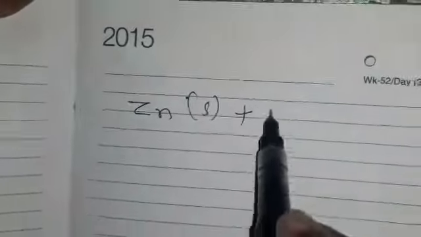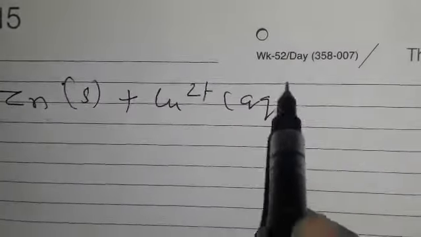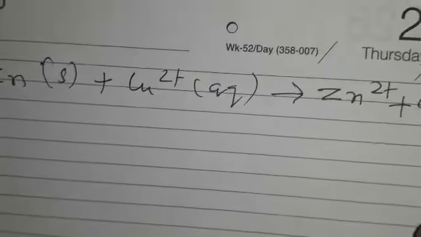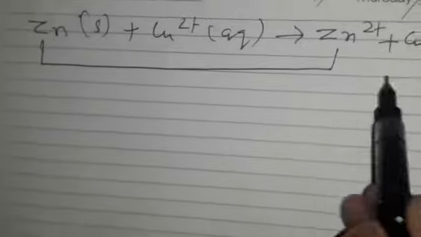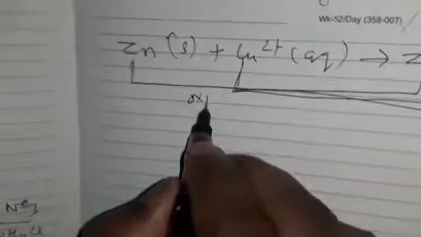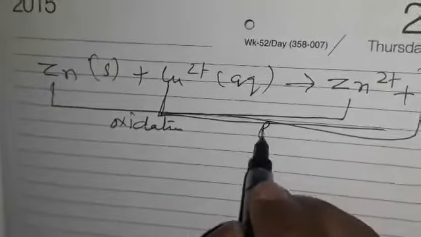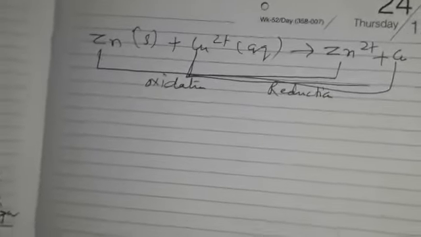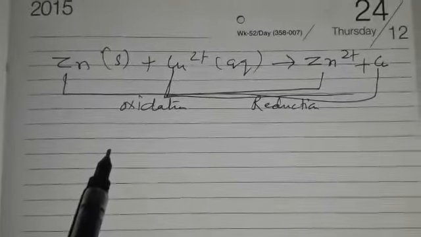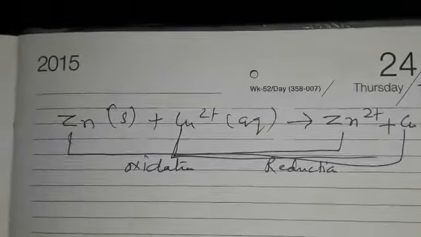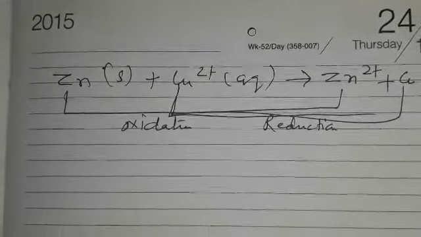Zinc in solid form, copper in aqueous form, and zinc and copper. So this will represent oxidation, and this will represent reduction. Oxidation for the zinc and reduction for the copper. Always remember why it is so: because zinc is more reactive than copper, because in the electrochemical series you will see copper is below hydrogen,